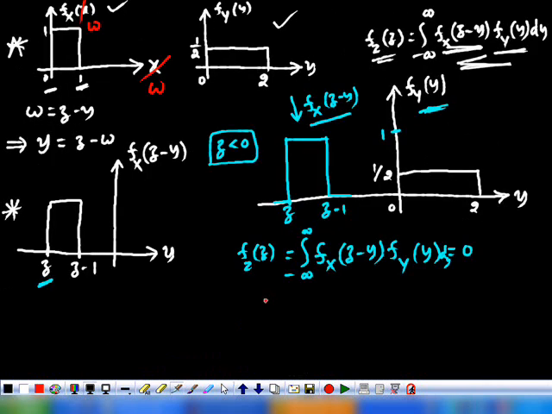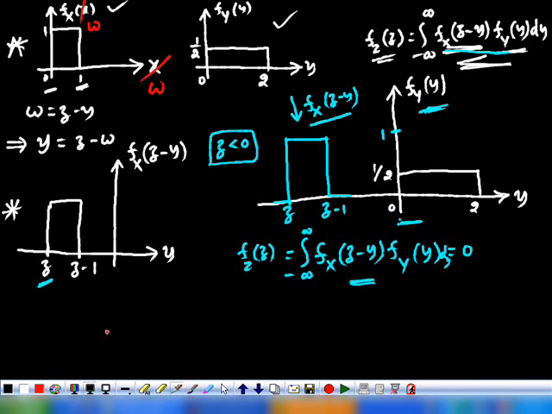So it is very clear that for z less than 0, there is no common area between the two functions fx of z minus y and fy of y. Actually, we are taking the product of these two and integrating. What does that mean? Take the product and find the area under that product. Otherwise, we are finding the common area. Here, there is no common region between the two functions because z is less than 0. Function fy of y is starting from 0, but here z is less than 0. This is somewhere before 0. So that's why this is becoming 0.